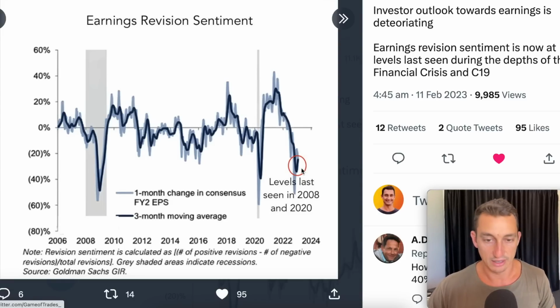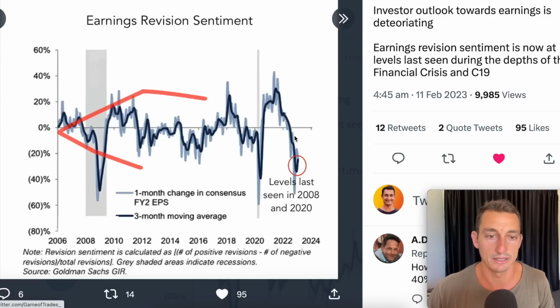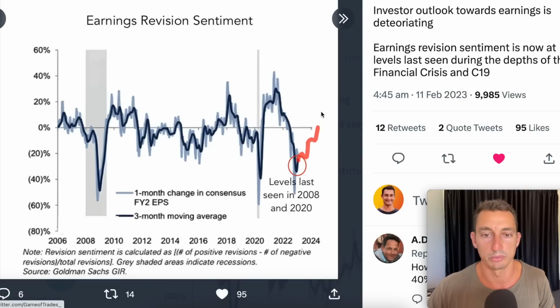Now, of course, I'm not saying that we have to skyrocket like we did last time. It wouldn't surprise this chart anyway, and the data here, even if we started to crawl our way higher, making higher lows and breaking back above, that's also acceptable. But potentially, we are turning the corner here.